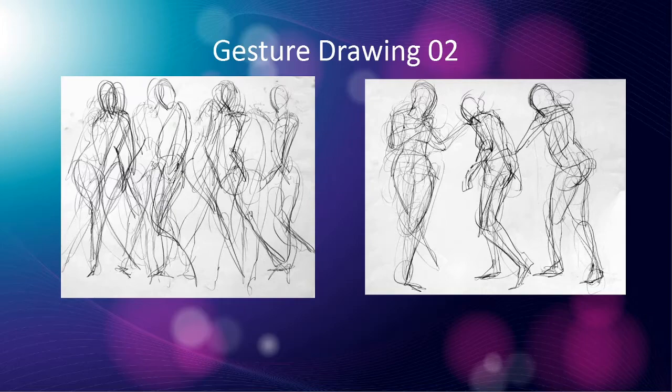All of the exercises that we've done up to now, the two pencils and looking at the paper versus looking at the subject, are useful when you're doing gesture drawing and drawing humans. Because they're moving so fast, you have to be responsive and move faster. These are a little more clearly defined, but you can still see how messy they were, like how they started with a rough shape and then they defined it a little better afterwards.